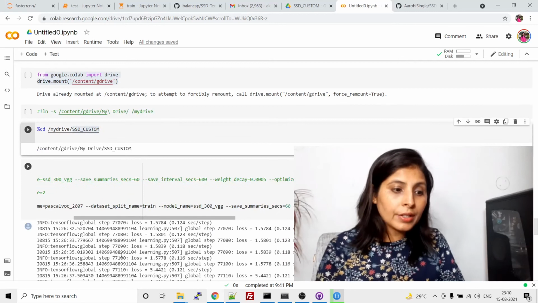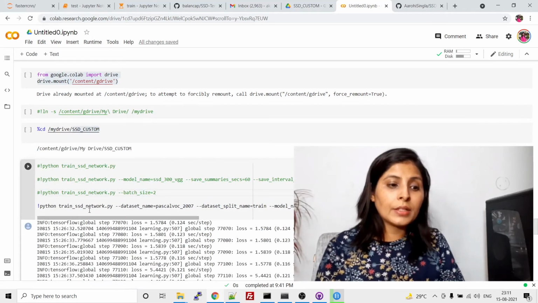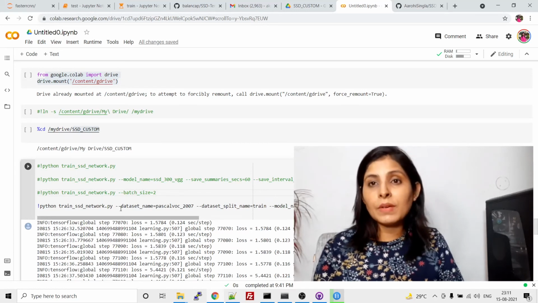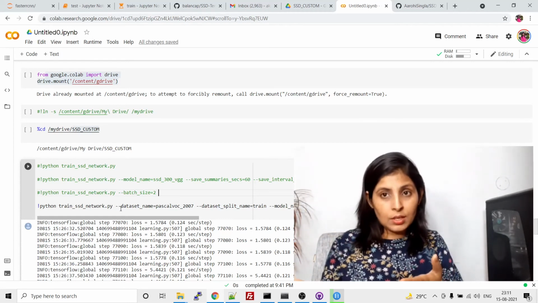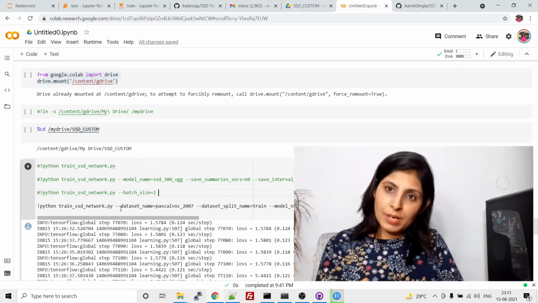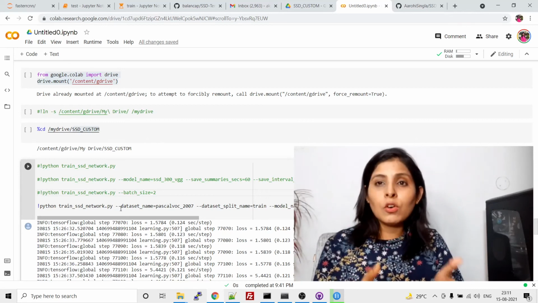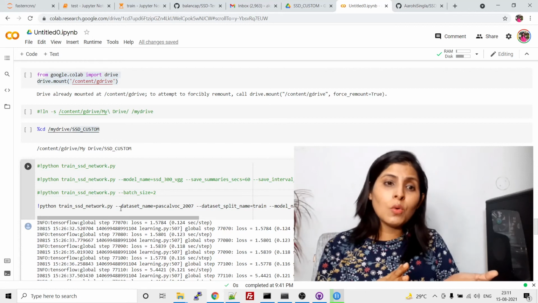Over here we are running python train ssd network.py, the same command which I showed you for the local computer. The same command we have pasted over here and training is going on. So this is how you can work on Google Colab.